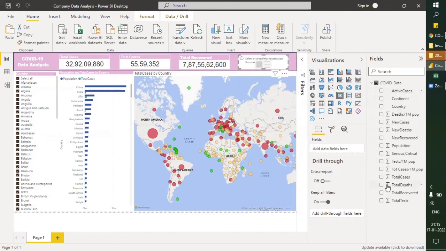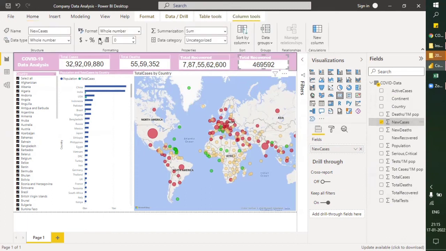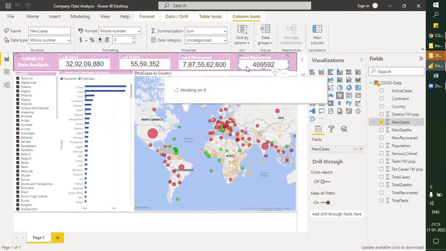There is still some issue with this. Okay, let's have new cases. How many new cases are there? And let's convert this into this. Okay.